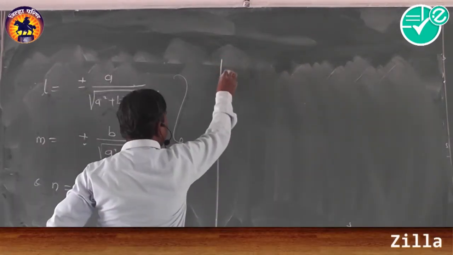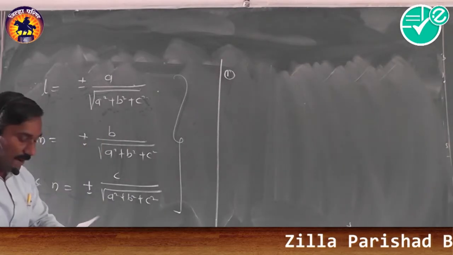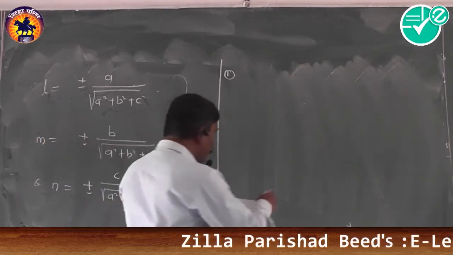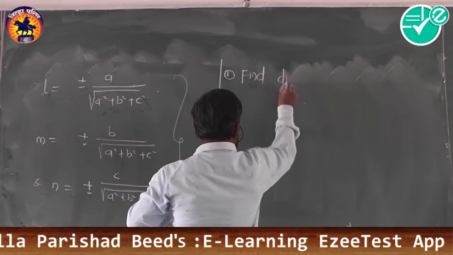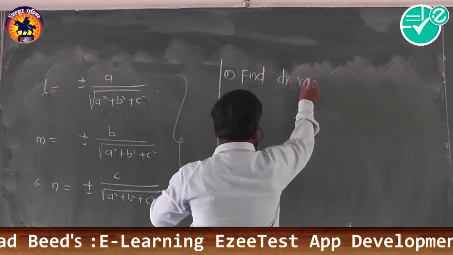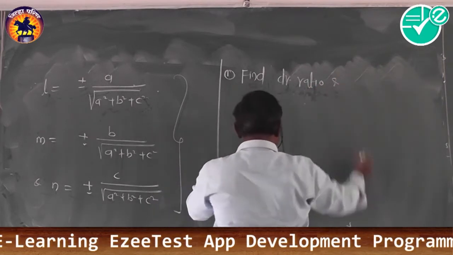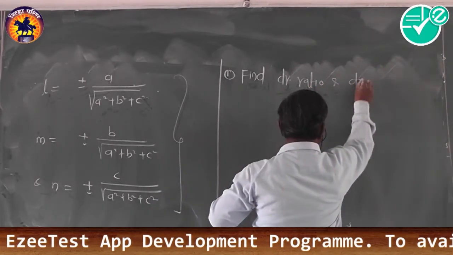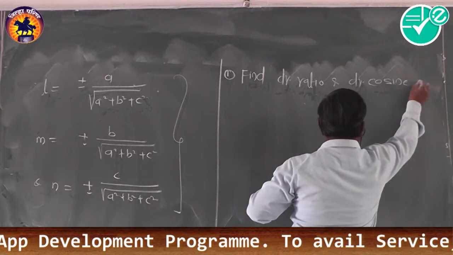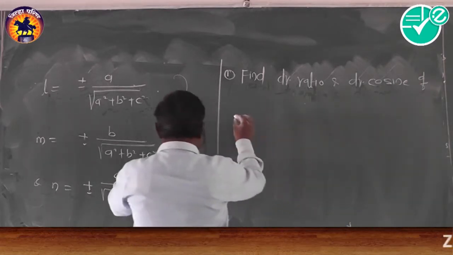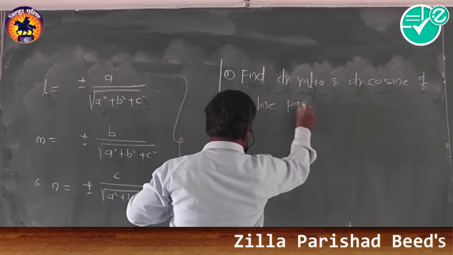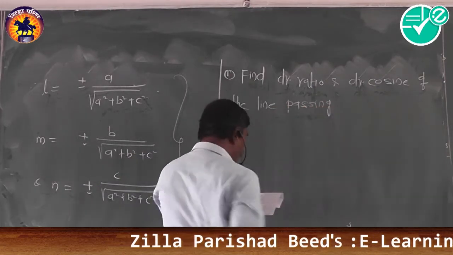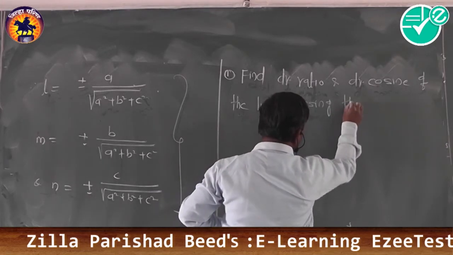Take first: find direction ratio and direction cosine of the line passing through points